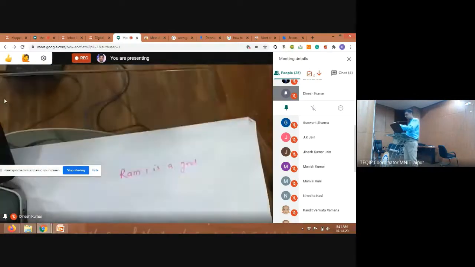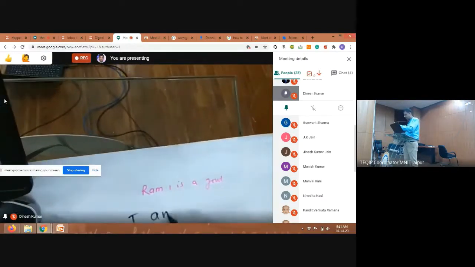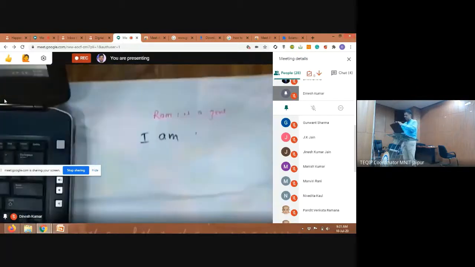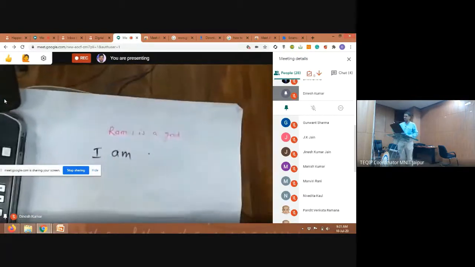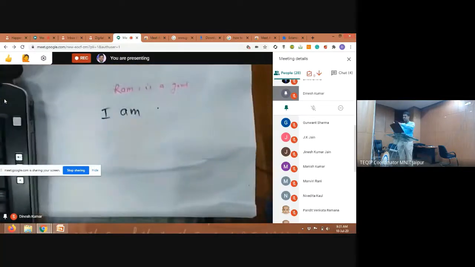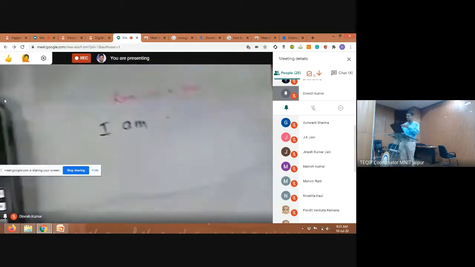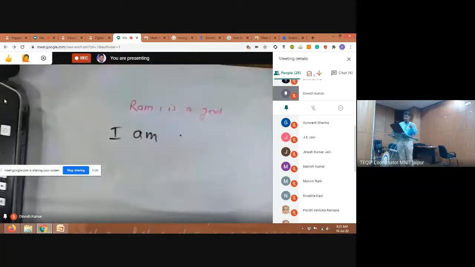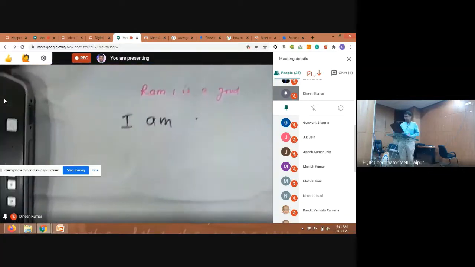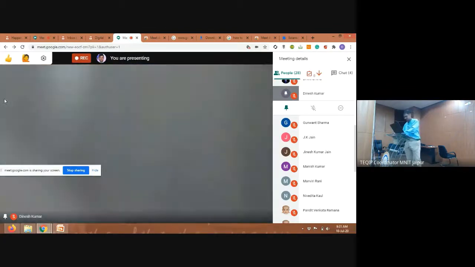That way you can show whatever you want to tell. Better would be to use a sketch pen and white paper. There are frames available which can hold this mobile. That will cost nearly 200, 250, so that also can be used. So using Google Meet and your smartphone, you can have the feel of presenting a class with the help of a pen and sketch pen.